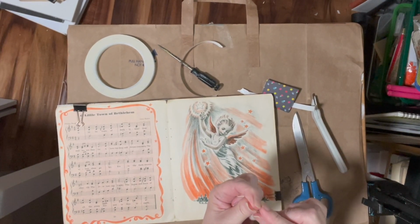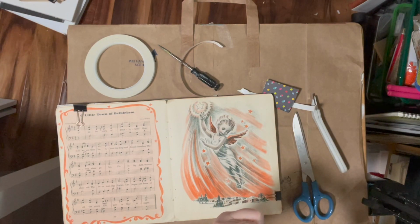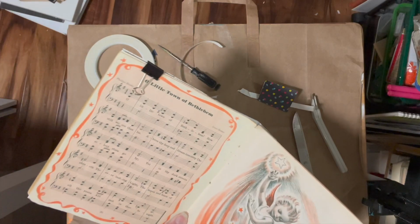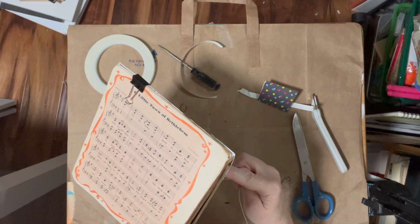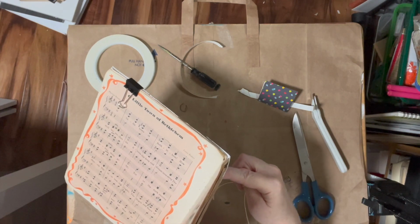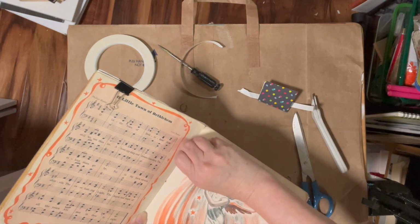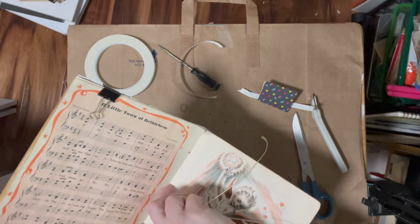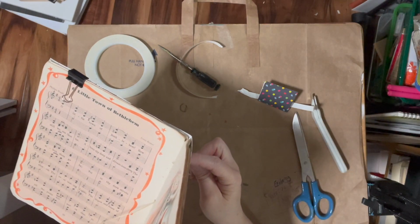Get my needle, thread my wax thread through. And then I'm going to come up through the top one. I'm going to come up through the bottom, like that. No, I always get mixed up. I'm going to go down through the middle one, up through the top one,